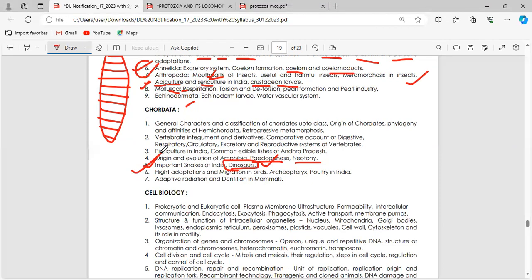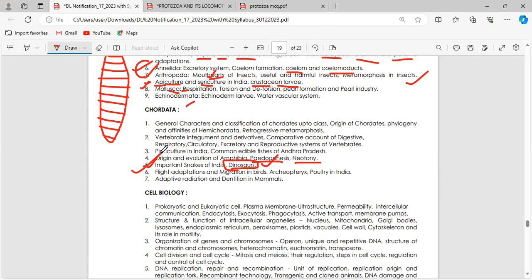For this flight adaptation, which muscle is important for the birds to adapt for their flight? Everything will be dealt with in flight adaptation and migration in birds. In which season they are going to migrate, for what reasons they migrate, and some factual information is very important. Which bird is the smallest, which bird is the largest, and which is the